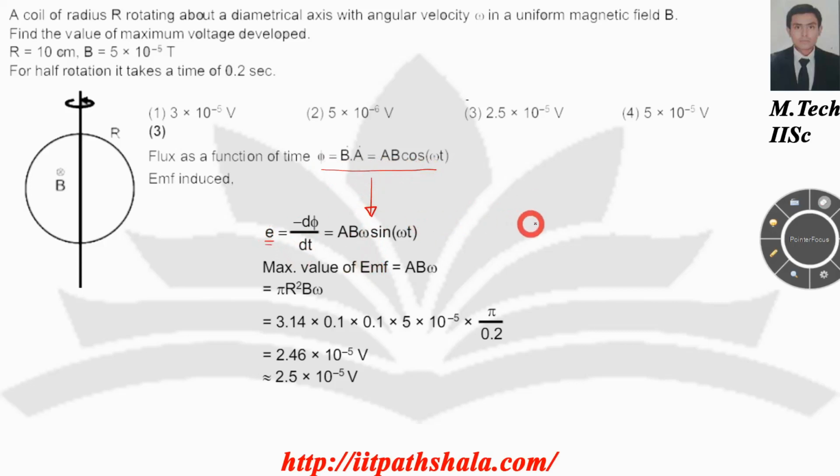Okay, just differentiate the following expression over here and you'll be landing up with this expression. Now to maximize the EMF you have to maximize the expression over here, and you know that the expression can be maximized if and only if sine omega t is having a value of +1. Just replace sine omega t by +1 and you'll have the maximum EMF. Put all the data in the following expression and you'll be landing up with the following calculation. Quickly moving toward the next question.